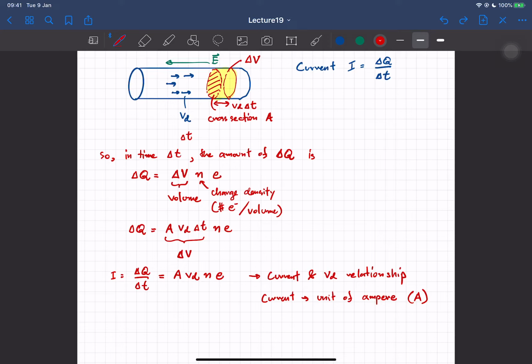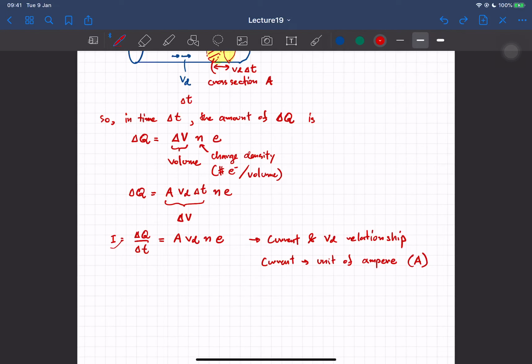Okay, so what we have seen before the break is that if you know the current, you can calculate the velocity, but the velocity of the electrons also depends on the n, which is the number of electrons per volume. So for example, if you fix I and you want to calculate V, you're going to have VD